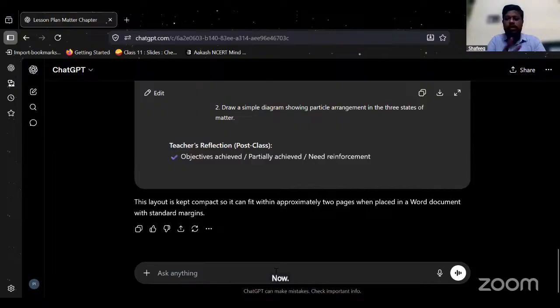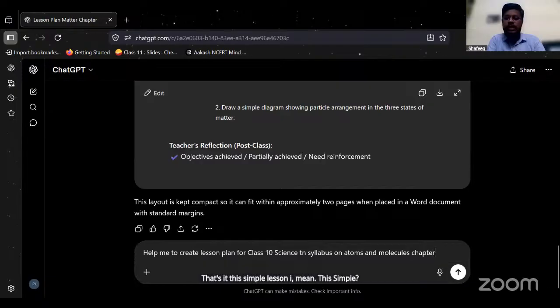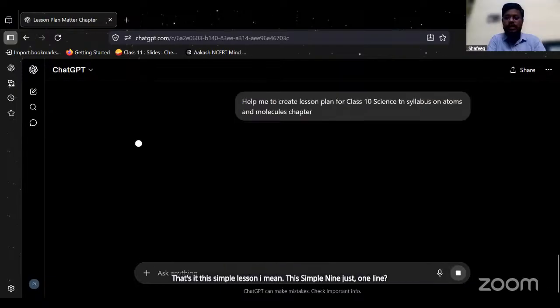Now, since I have given these instructions for the first time, the next time if I want to create a lesson plan for some other class, I don't have to provide all these instructions again. What I can just do is type: help me to create a lesson plan for class 10 science TN syllabus on atoms and molecules chapter. That's it. If I type just a one-liner like this,